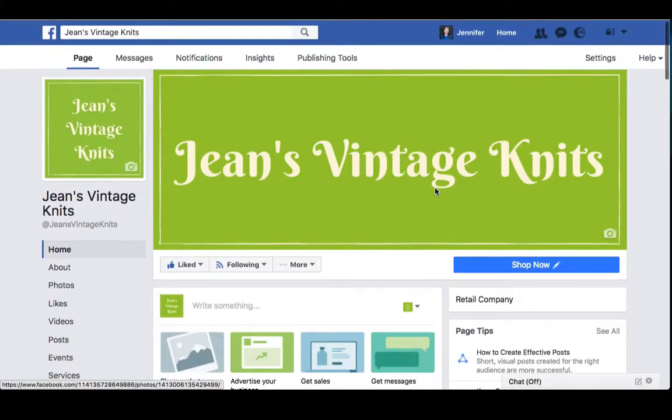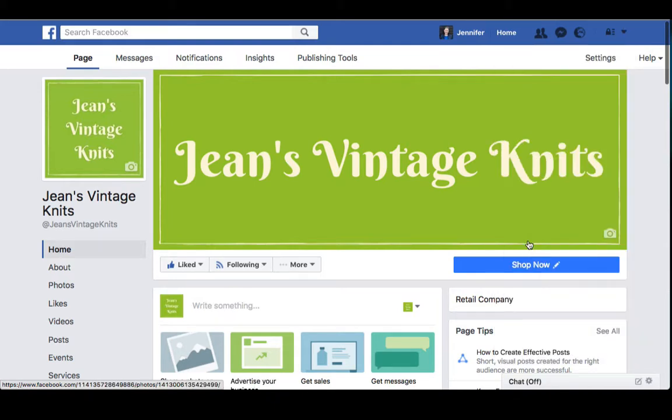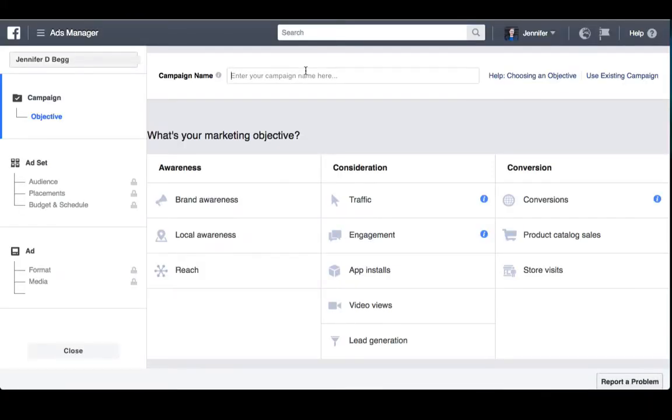So how else do you advertise? That little drop down that we looked at earlier, we're just going to go back in there, and this time we're going to select Create Ads. Here, if you're spending less than £800, you're limited to creating one advert for one campaign with one ad set at a time. So while that is, it's still a really useful advertising tool and you can do very specific